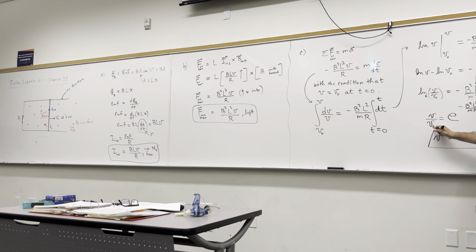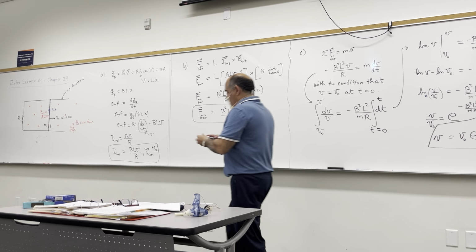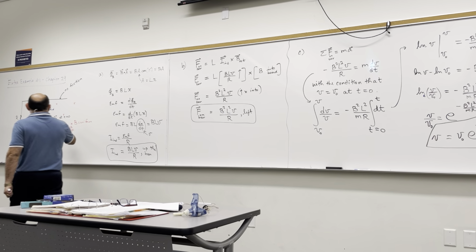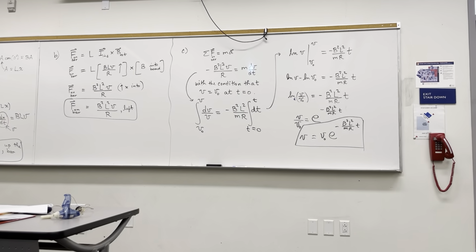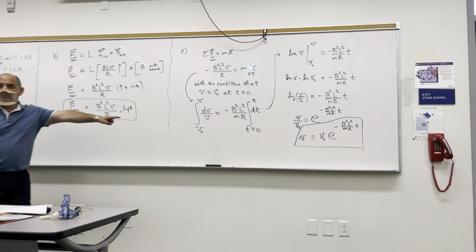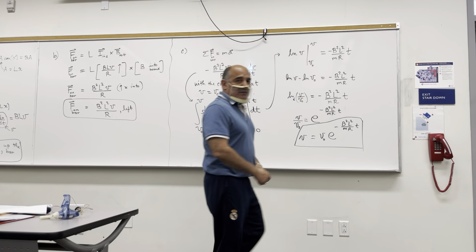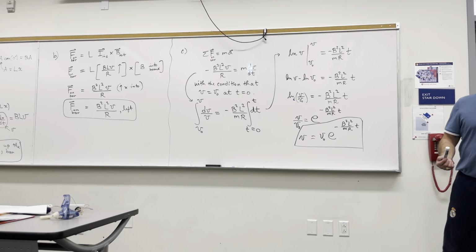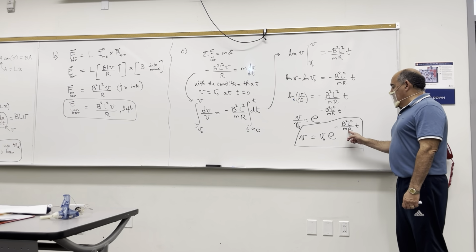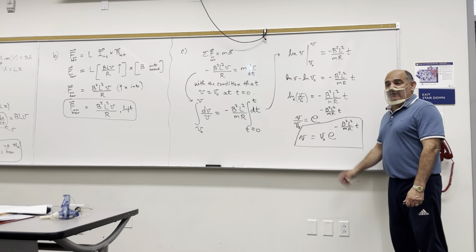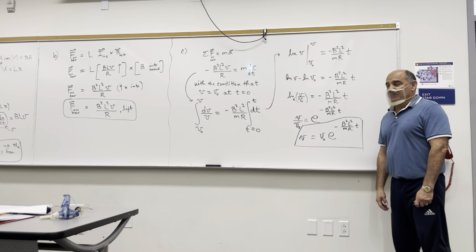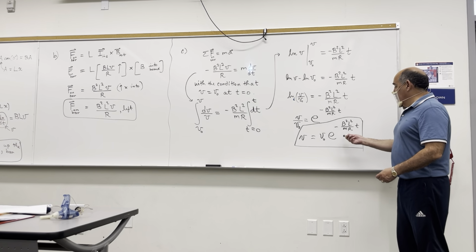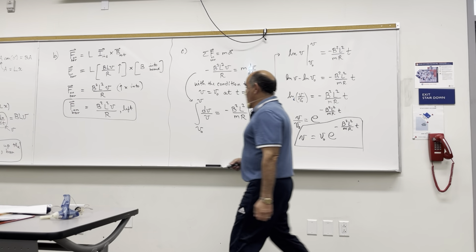Now, is this good? Let's check. What was the condition that we imposed over here? That at t equals 0, the speed was V naught. So if you evaluate this expression at t equals 0, what do you get for the speed? V naught. You get V naught, right? Because e to the 0 is going to be 1, and 1 times V naught is V naught. So we're good. And if you plot this as a function of time,